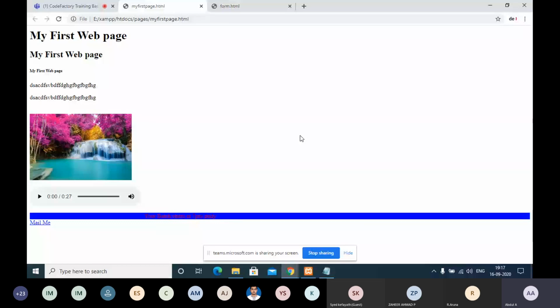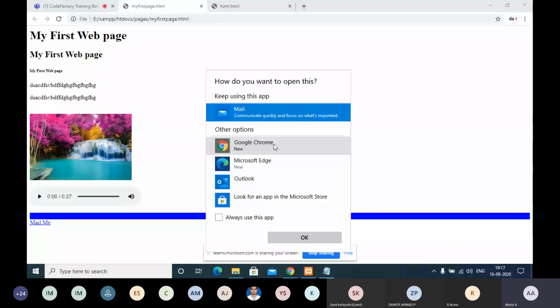In future, if you are developing a web page, you can simply keep a link and redirect to any mail ID. In the mailbox, that mail ID will automatically come into the To address text box. info@codefactory.in will be placed there. That is one important attribute in the href tag.